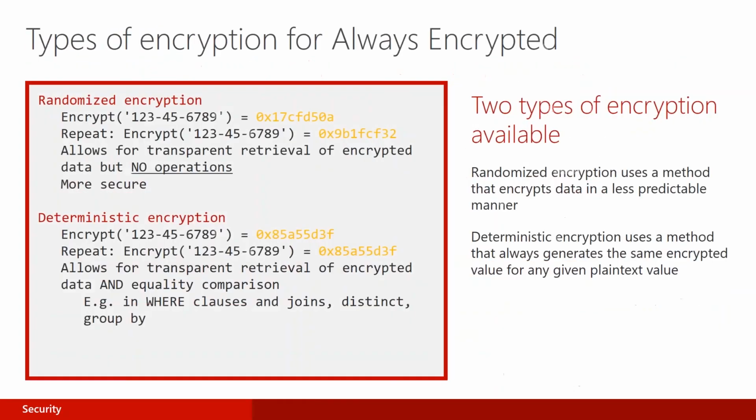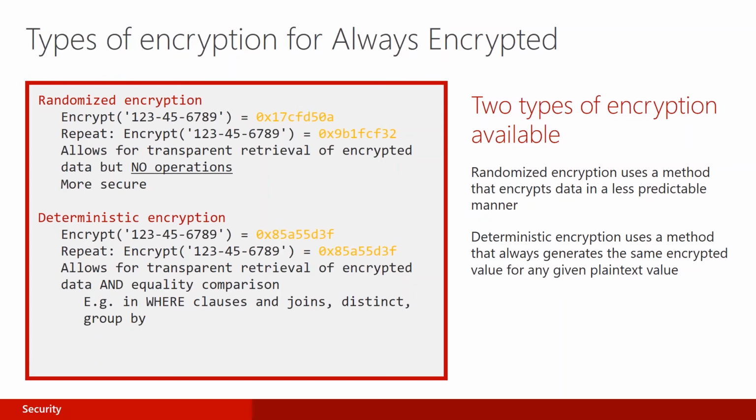Okay. Two types of encryption that we have available to us here are randomized and deterministic. There are some implications behind both of those, so just so that you're aware. What randomized means is if I have the same value and I put it into my database multiple times, then I'm going to get multiple ciphers for it. So it's going to be stored as a varbinary, which means, as you can see there in the little screenshot, 1, 2, 3, 4, 5, 6, 7, 8, 9 has 2 different ciphers for it. So I can't just go find all the people with that social security number. Hopefully there should be only one,